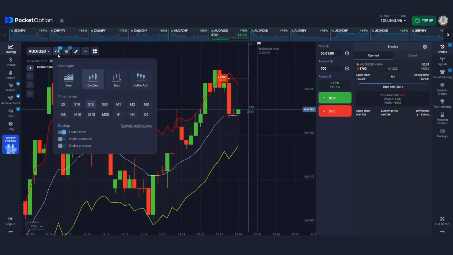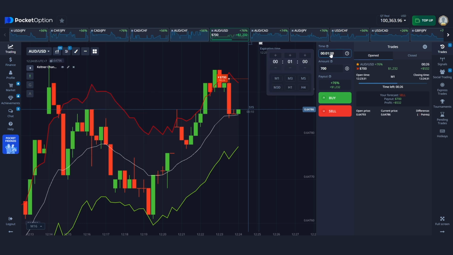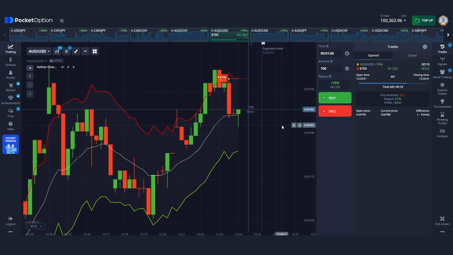The timing is also clear. Set 15-second candles, 1 minute per trade, and everything works perfectly. Just practice this strategy regularly and then you'll gradually be able to gather some useful statistics over time. For example, our beginner traders who are currently learning this strategy together with us typically achieve statistics of 70 to